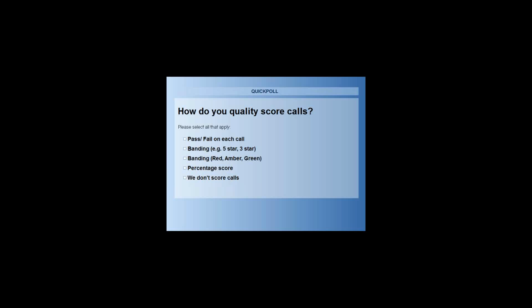Do you use banding in terms of red, amber, green? Do you use a percentage score? Those can be quite contentious if you have different score types. Or do you not score calls, or have some other system? If you have another system, please put that into the box. Michael says they use weighted scoring,